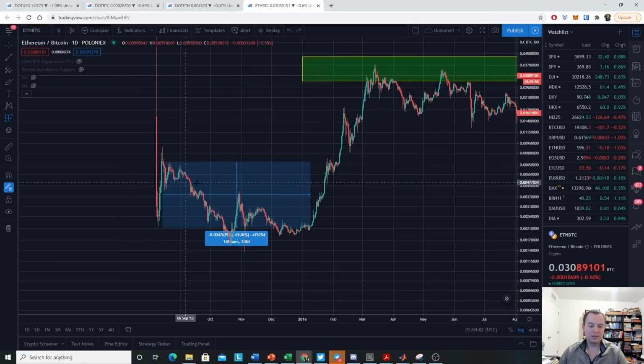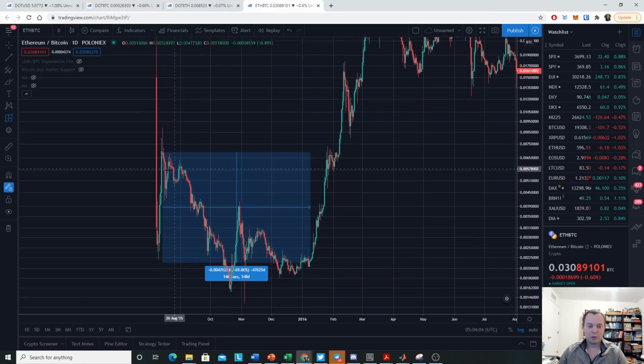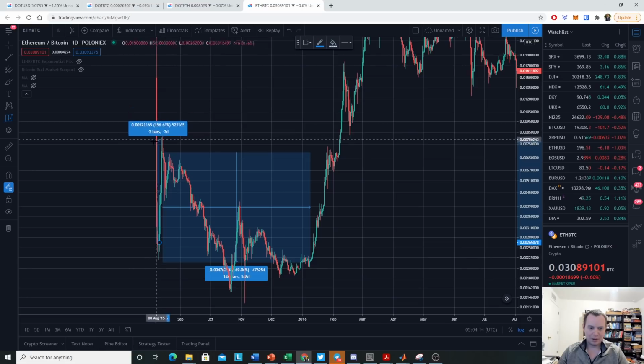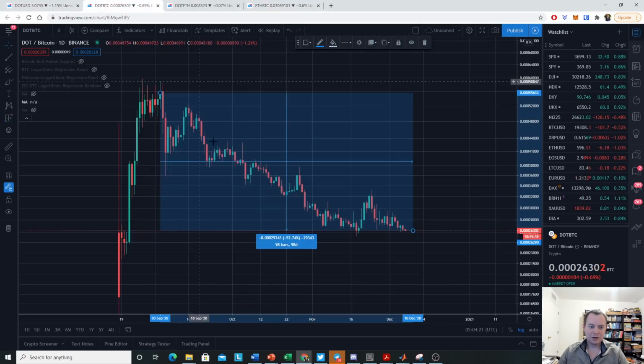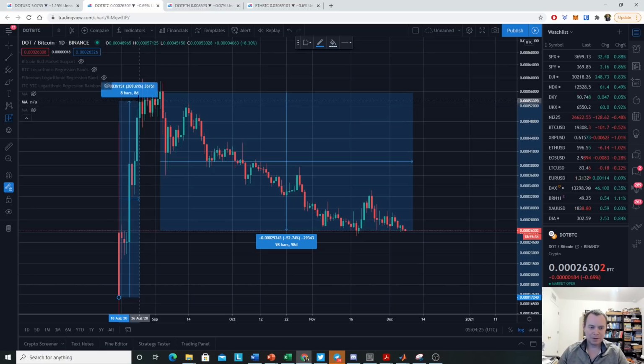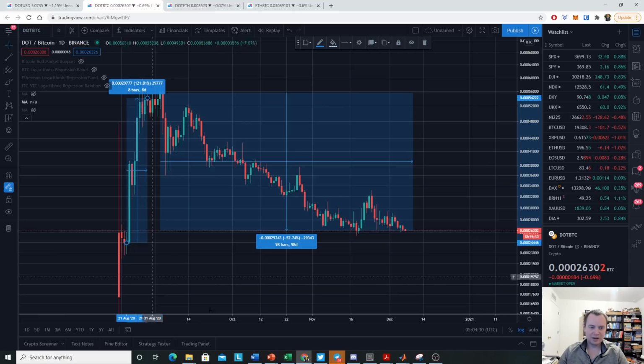We do know that Ethereum also trended down against Bitcoin when it was first launched. Part of it's not a fair comparison because when things like this that are super hyped first launch, they can pump significantly, right? I mean, this one pumped 150% from just the candles, not the wicks, against Bitcoin when it launched. If you go look at Polkadot, from the bottom down here, it pumped around 200% from when it first launched. If you take it from right here, it also pumped about 120% from when it first launched.